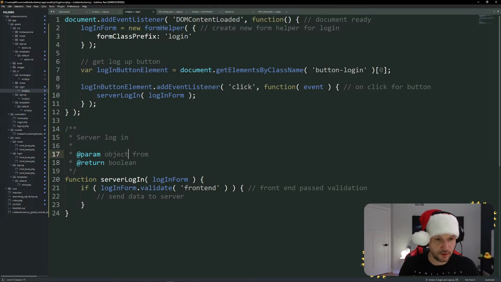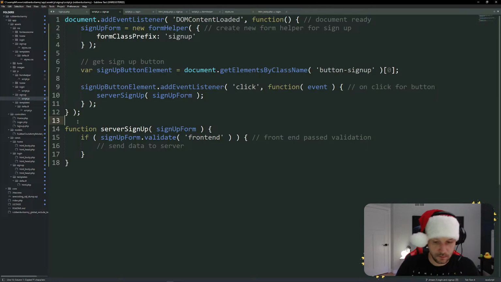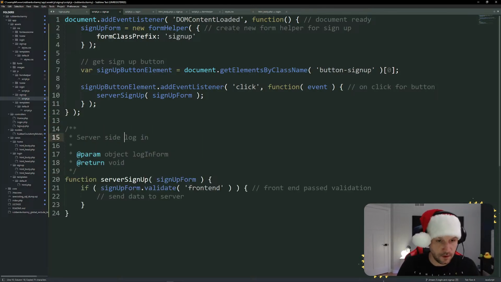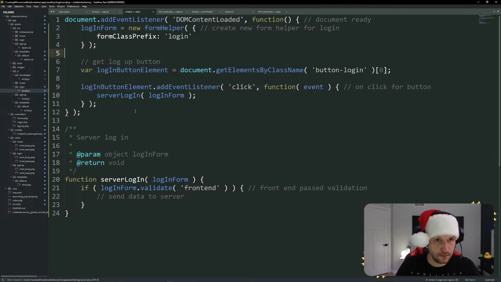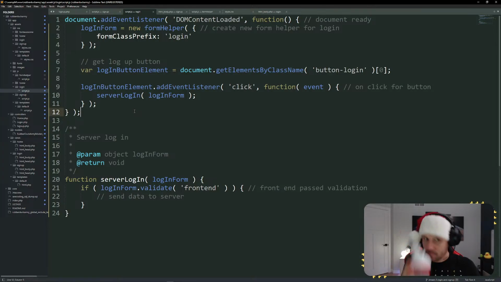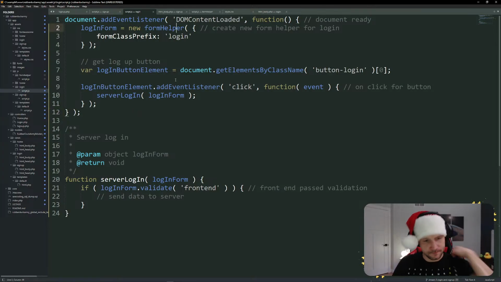This is an object. Server side, sign up. Sign up. I think we're sitting pretty. We got a little login form helper object created, and now it can handle login and sign up so far. Well, we got to write the validation so far, but